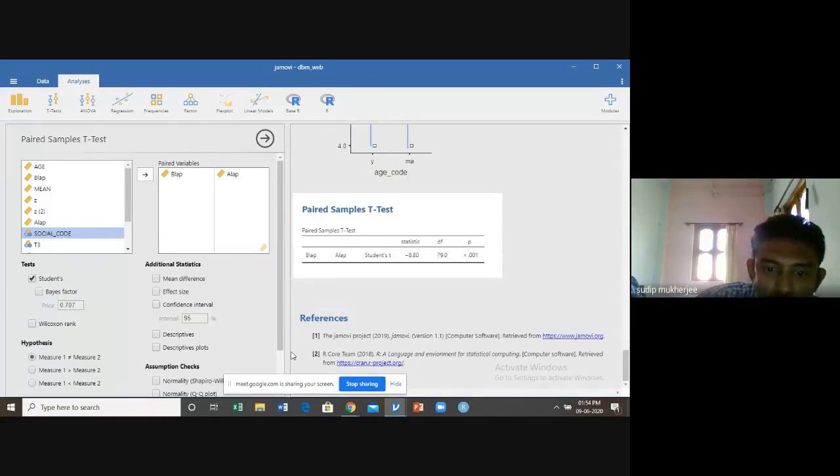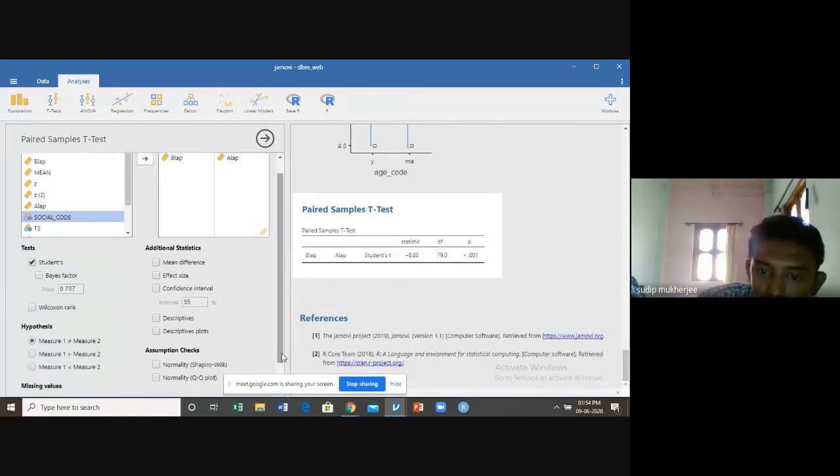As I told earlier, if the p value is less than 0.05, what is our interpretation? We accept this: before and after, there is a difference of mean in terms of computer use, and that is the true fact. So there is a significant difference in computer use before and after the lockdown.